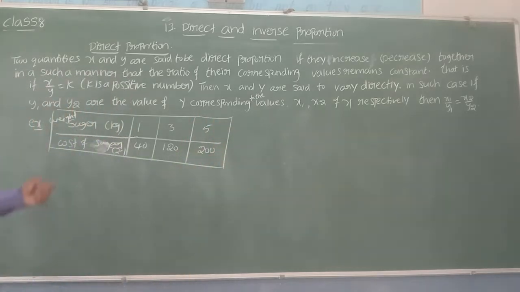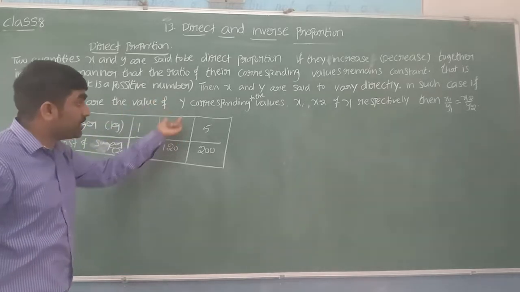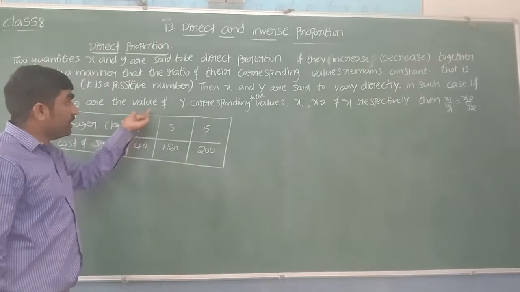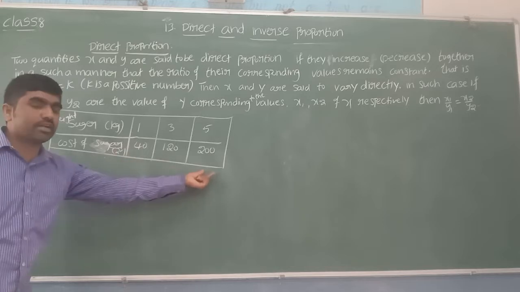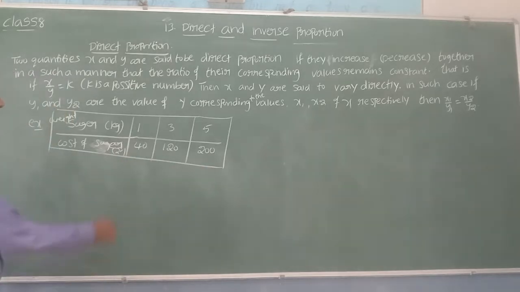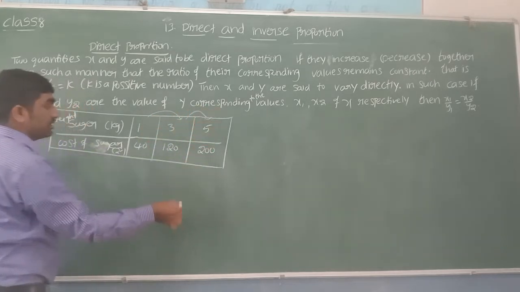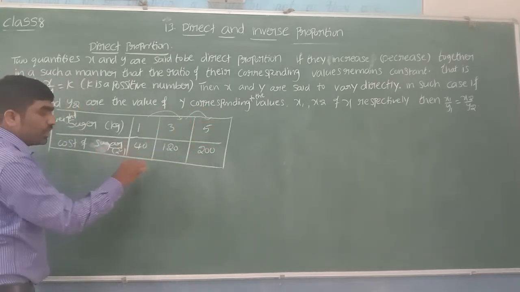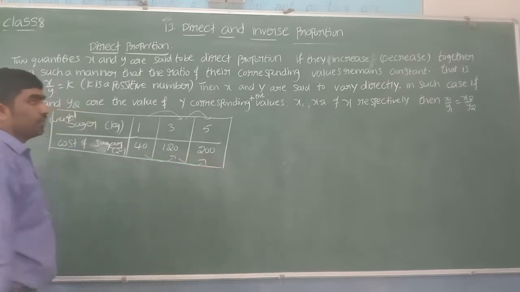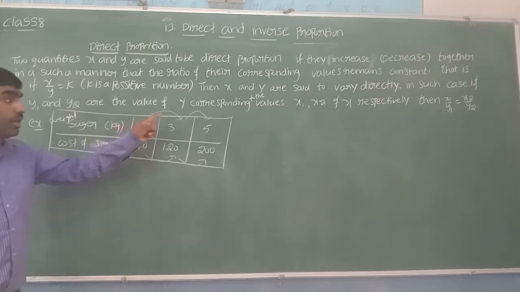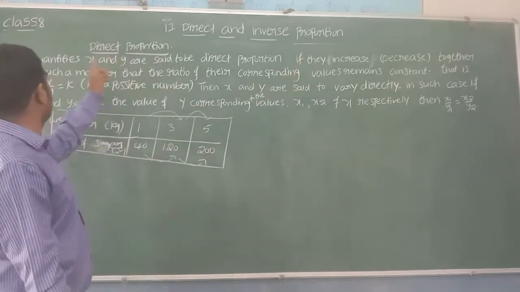And here you can see better, when the quantity of sugar is increasing from 1 kg to 3 kg, 3 kg to 5 kg, at the same time, the cost of sugar is also increasing from 40 rupees to 120 rupees, 120 rupees to 200 rupees. Here we can say that both the quantities are increasing. Yes, if they increase together in such a manner